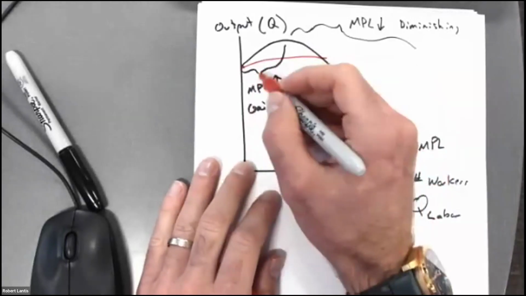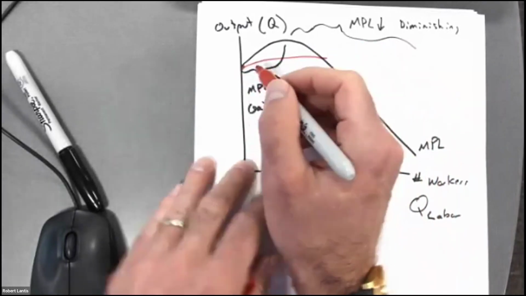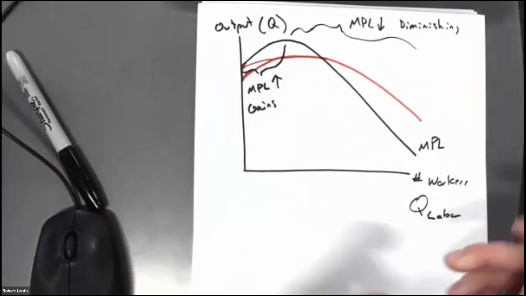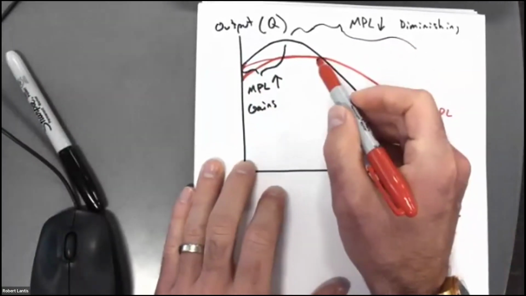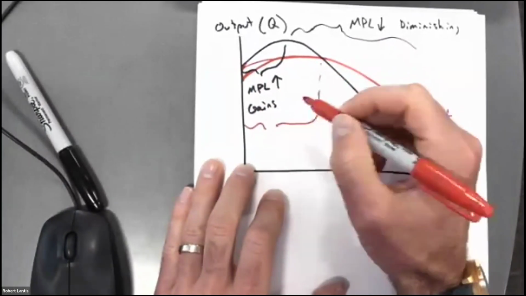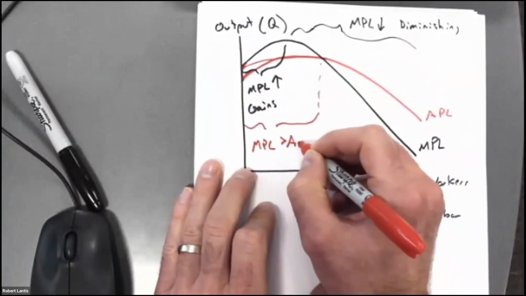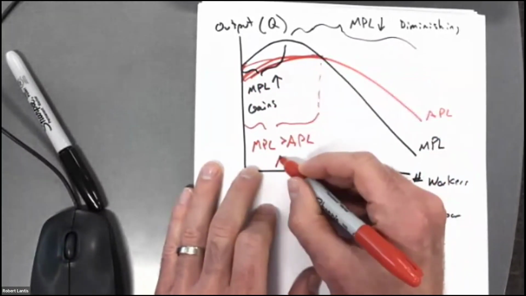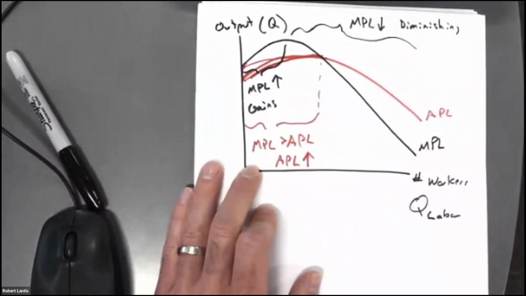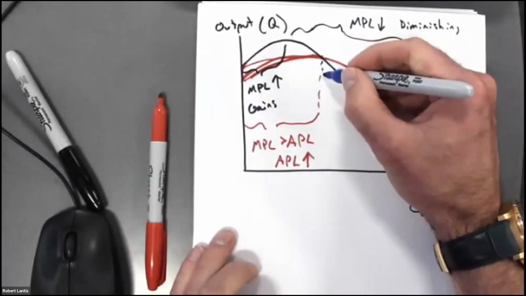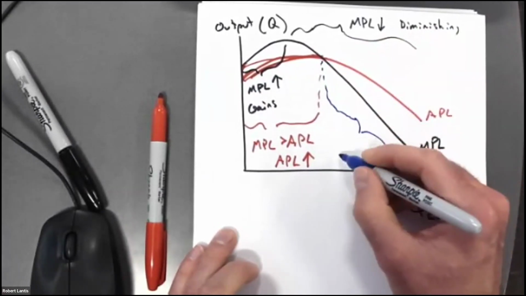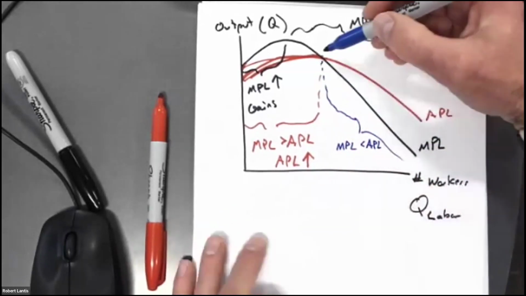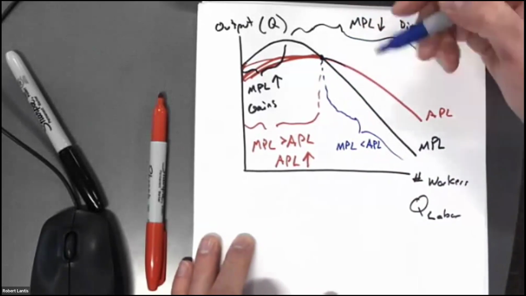Well, I'll draw this a little bit. I should have drawn it down here, so you could really see. It's going to look something like this. Okay? So here's my average product of labor. So in this range here, the marginal productivity of labor was above the average. So what was happening to my average? It was increasing. Okay. Now, once the marginal product of labor gets to be below the average product of labor, what's happening to my average product of labor? Now it starts to